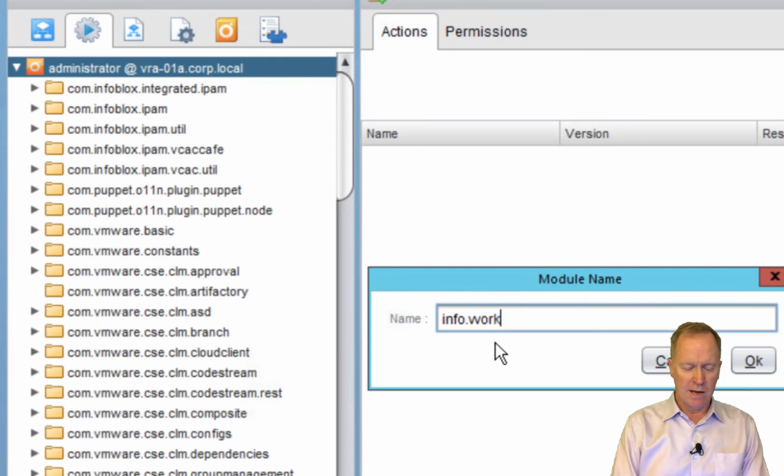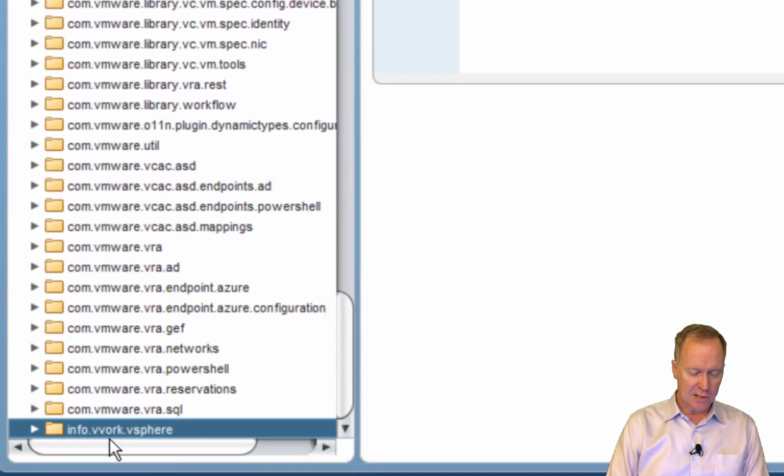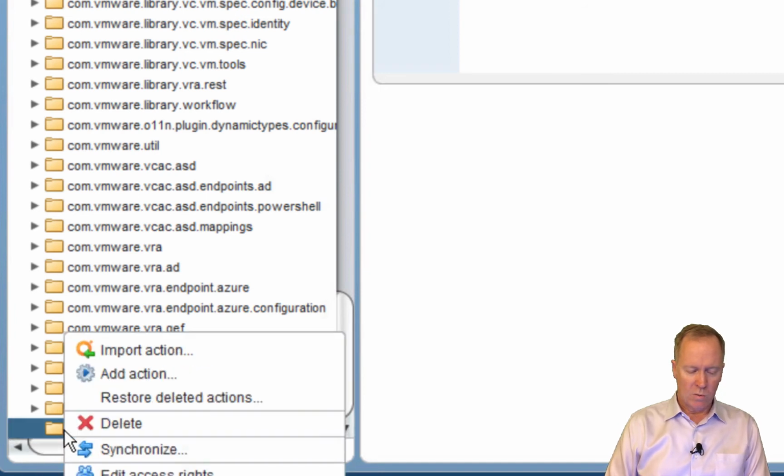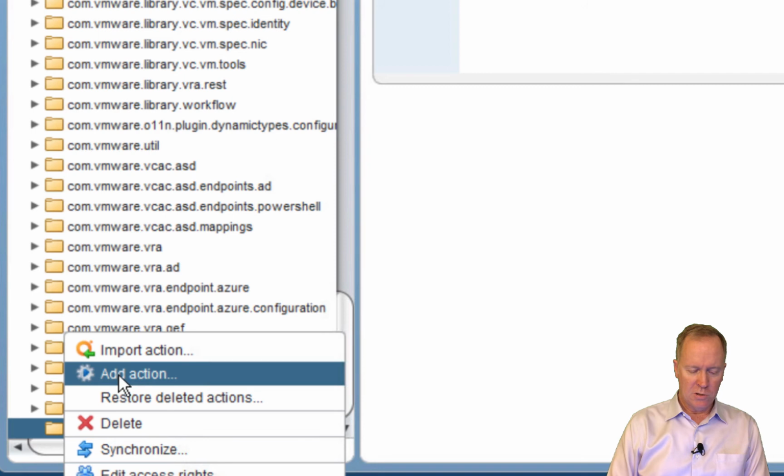If you want, you can have just one big module that holds all your actions, or maybe you want to start dividing them up into different modules. So for instance, I'm going to put all my actions that do vSphere type things into a module called info.vvork.vSphere. Anyways, I'm going to create a new module. Here's my module, but as you can see, it's empty. There's nothing in it. So right-click the module, choose Add Action,